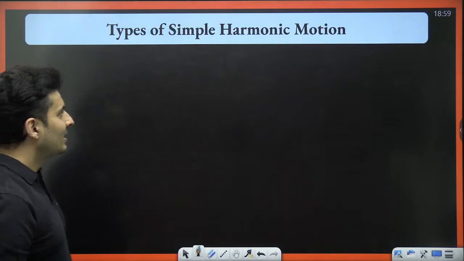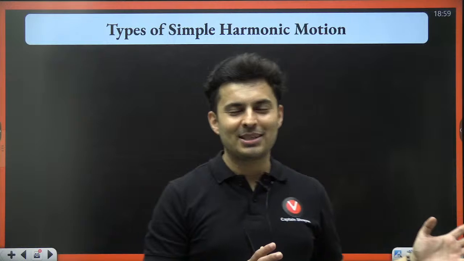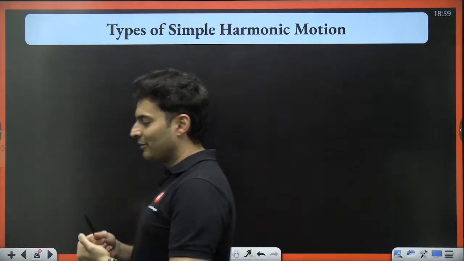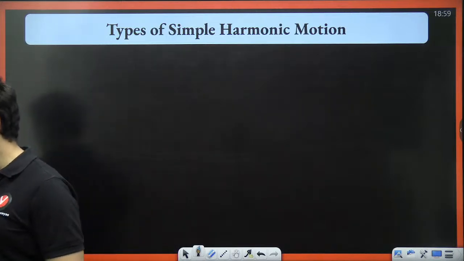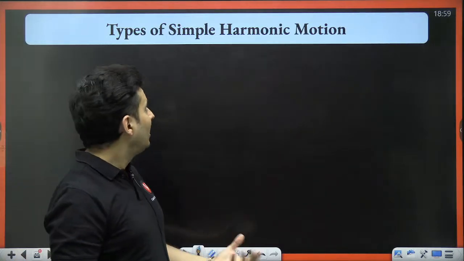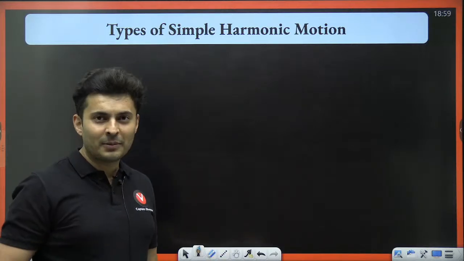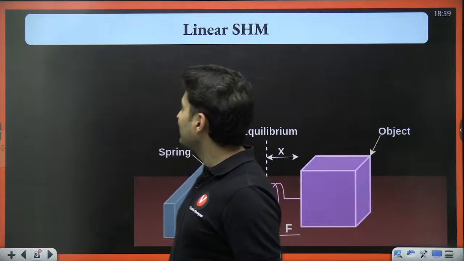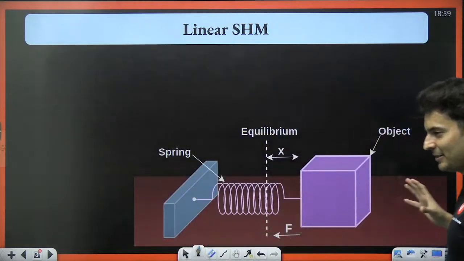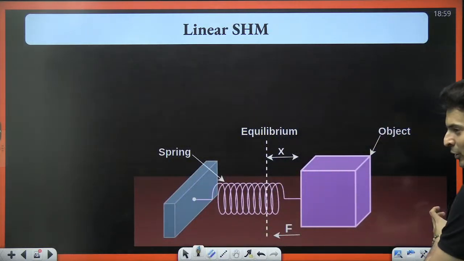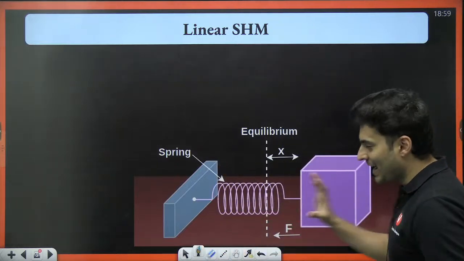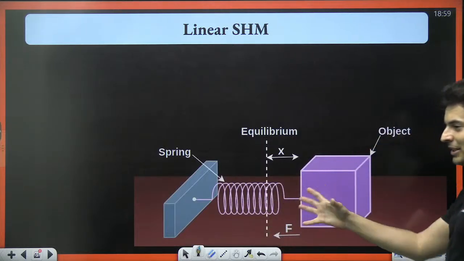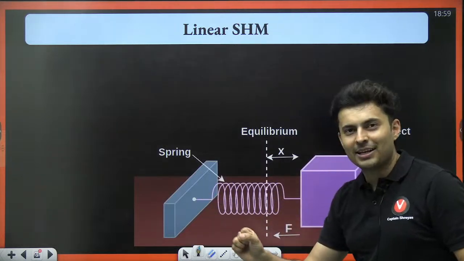Now let's go to spring mass system and pendulum systems. That's the last few things in the chapter, apart from phase and phasors and all of that. So we'll see that as well. So ready for types of simple harmonic motion? There are two types of SHMs that we need to study. One is your spring mass systems. You take a mass, you elongate it, leave it, it will go back and forth because of the restoring force by the spring. The spring will pull it back.